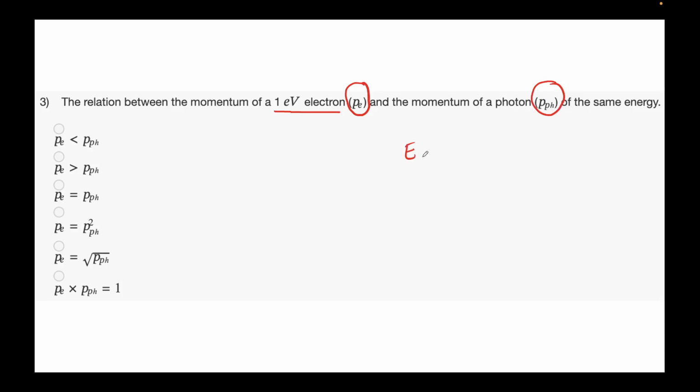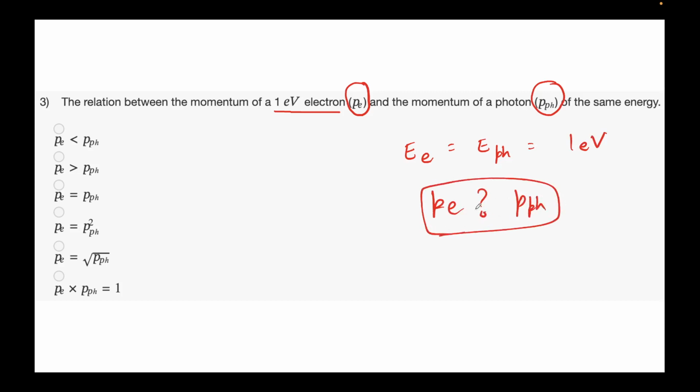So I can see that the energy of the electron has been given equal to the energy of the photon, which is given to be 1 eV, and I need to find what is the relation between their respective momenta. Okay, so this is the problem statement for me. This has been given, right? So clearly, as we have just seen,